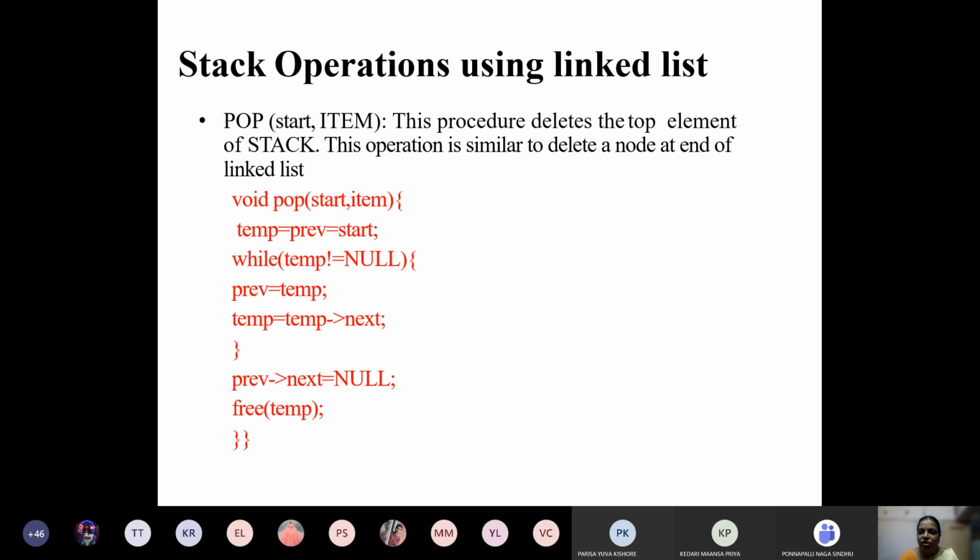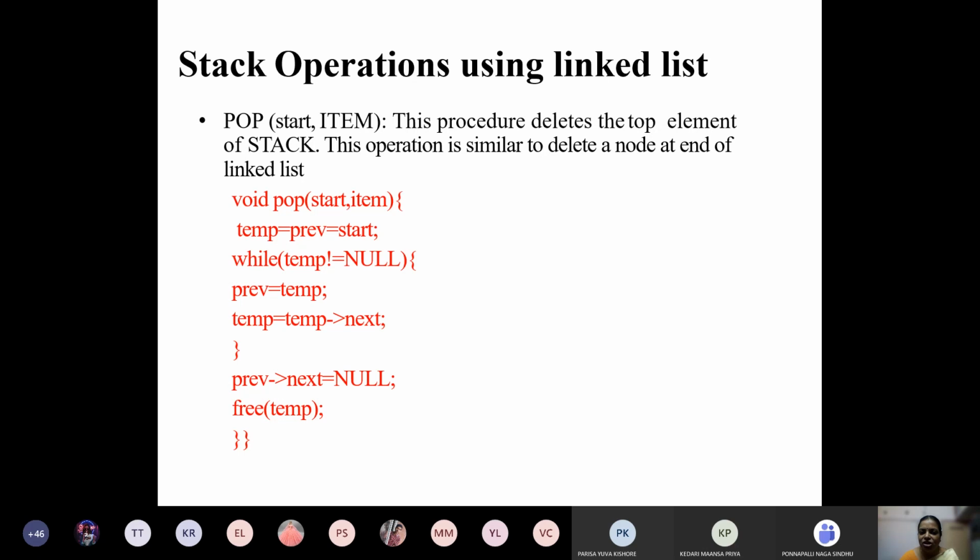Whenever you are asked to implement a stack using a linked list, you need to write these two functions only. Push function to insert a node at the end of the linked list, and pop function to delete the node from the end of the linked list. Just mention the function names as push and pop, that is enough.